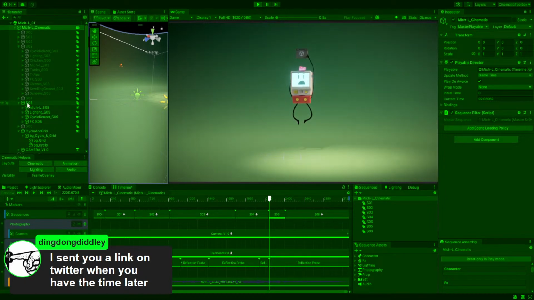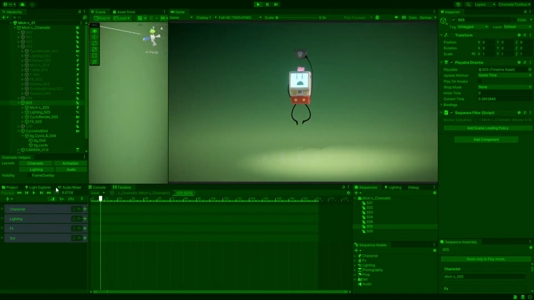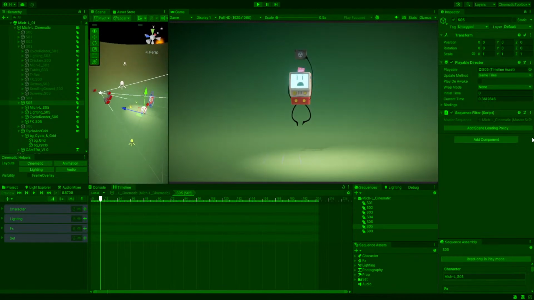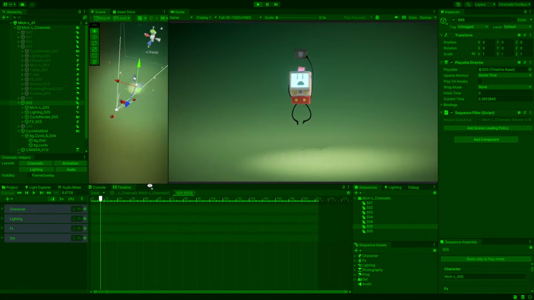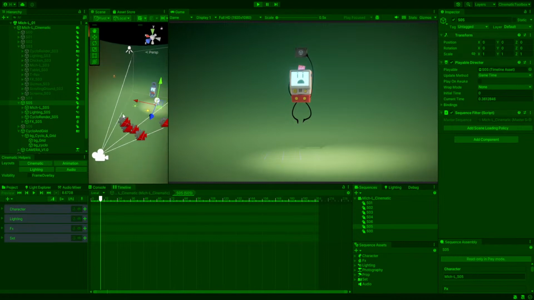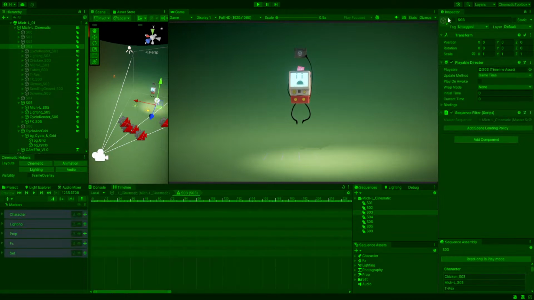So all of these are separated into these game object-esque scenes, which is pretty cool. I like the way they are presenting this. The camera itself isn't moving much, so I'll have to do my own research on how to move the camera and provide camera effects. Everything else is basically being spawned and animated inside of these game objects. So if I were to toggle this on and off,